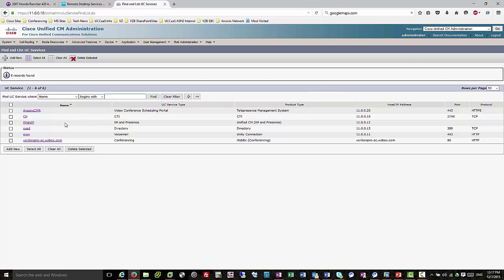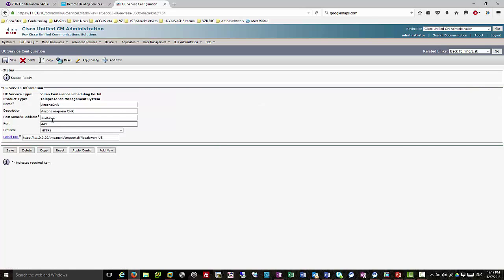Anyway, one thing I had seen, I think maybe starting in 10.5 or something like that, was this video conferencing, and I didn't really know what it was. But going through all the TMS and the Tandberg stuff, I figured out what it was. I have a video conferencing scheduling portal service, UC service, and I've put some information in here, and there's this URL I've put in there, and you'll see what that URL does in just a second. And then I added that